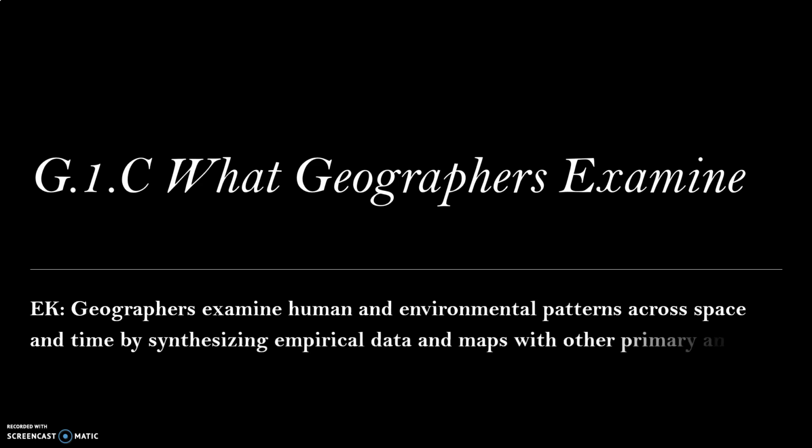First, G1C, what geographers examine. The essential knowledge is that geographers examine human and environmental patterns across space and time by synthesizing empirical data and maps with other primary and secondary sources. So now we're going to look at how they look at those human patterns and environmental patterns, both in space, meaning in a location on Earth, but also through time. So what's happening today, what happened 10 years ago, what happened 50 years ago, and they're going to synthesize that